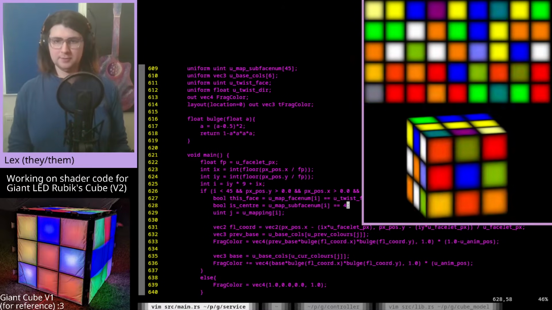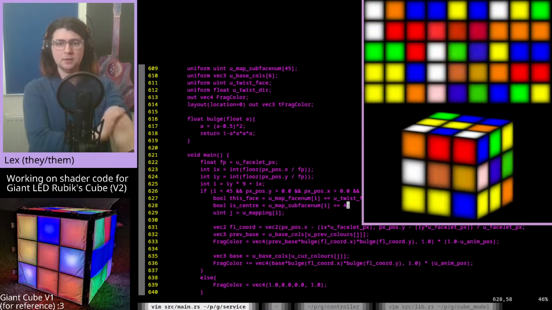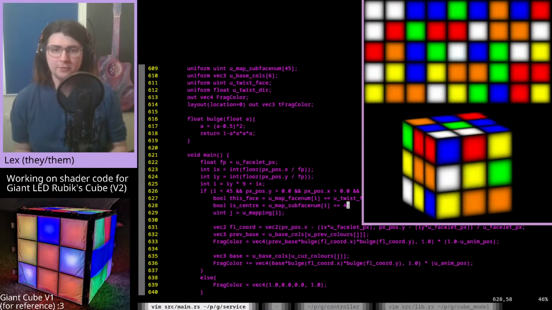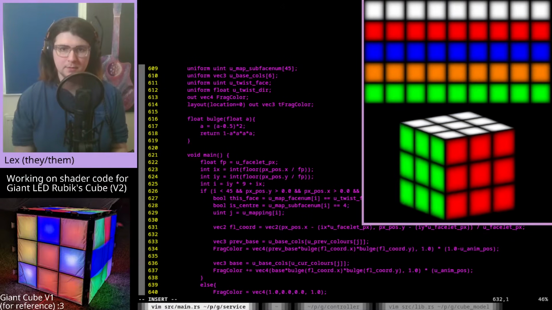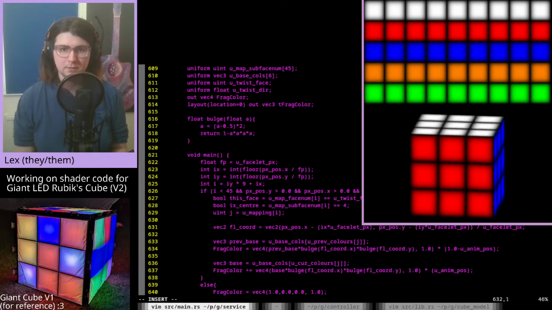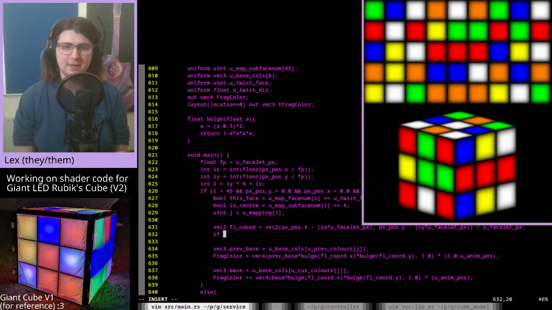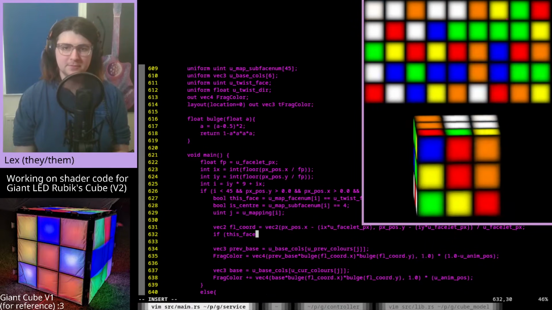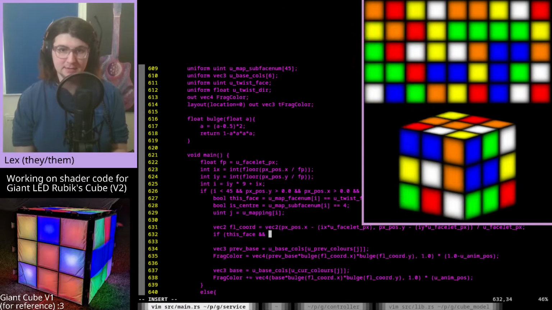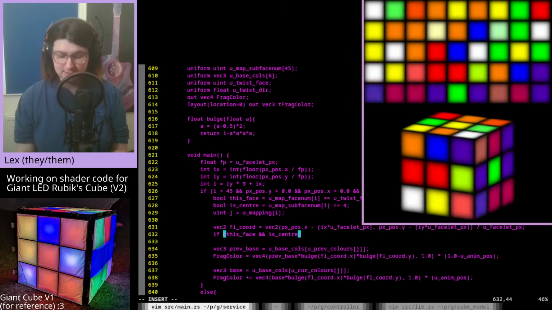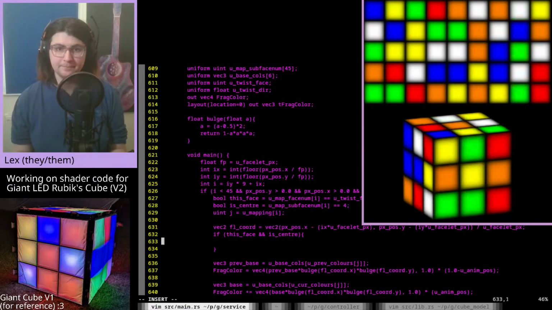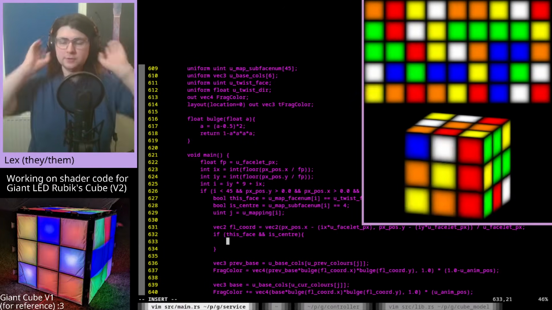The old color and the new color are the same. So, in that case, if this face is twisting and we're looking at a center facelet, then I want to